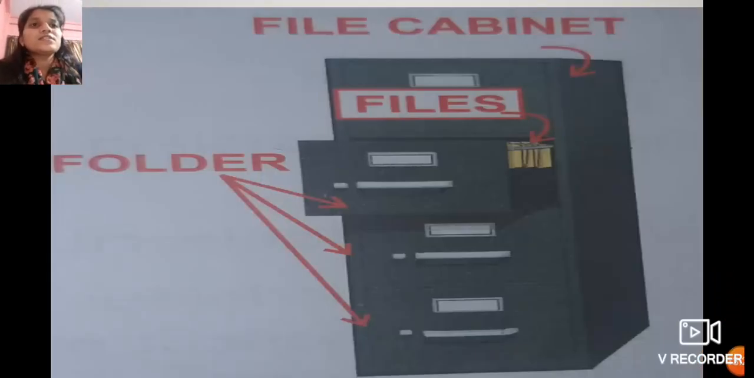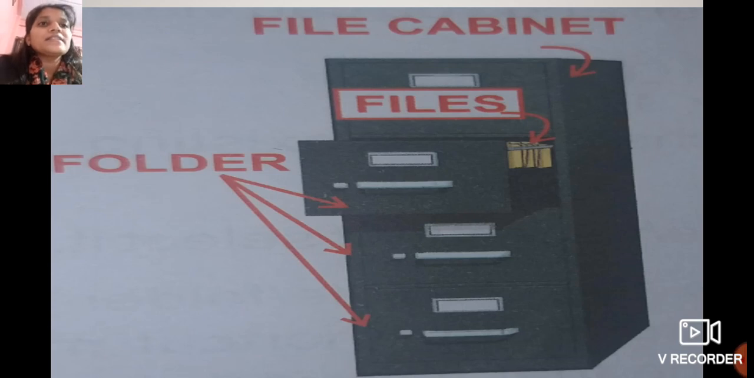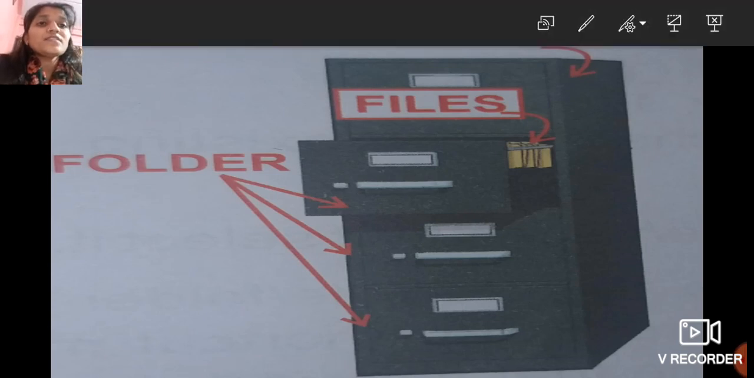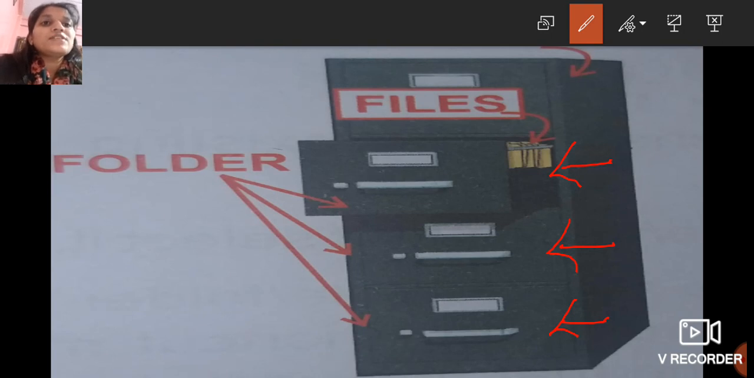So students, here is the image for files and folders. Here we can see that this is the cabinet, and there are three folders. This is the first one, this is the second one, and this is the third one. So this is the first folder, this is the second folder, and this is the third folder. That means there are folders in the cabinet, but here in the first folder we can see that